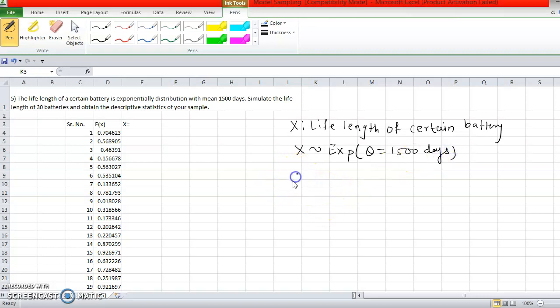Therefore, we will use the formula x = -theta ln(1 - F(x)) to get a random number from exponential distribution with mean 1500.